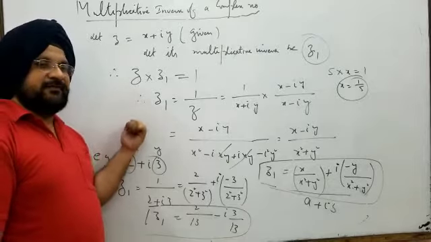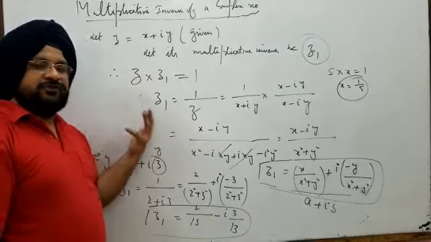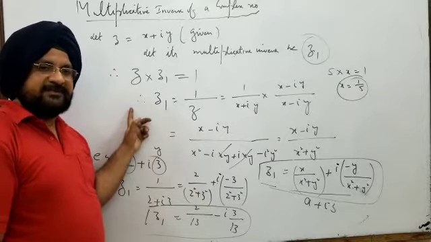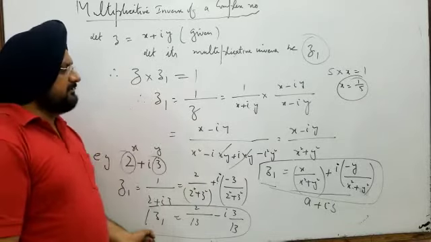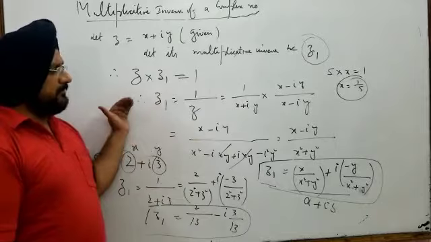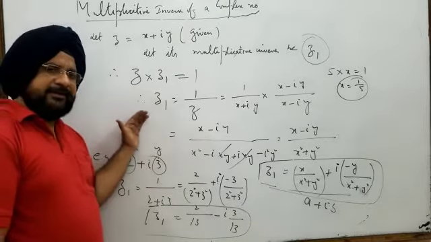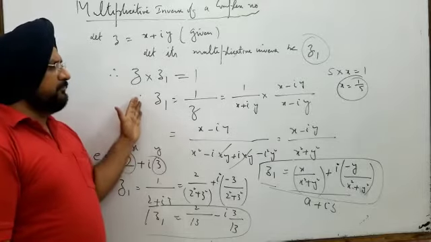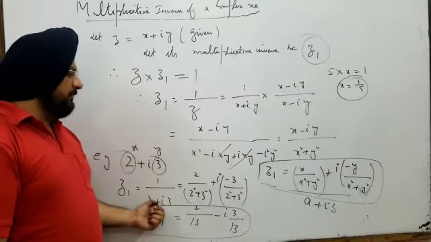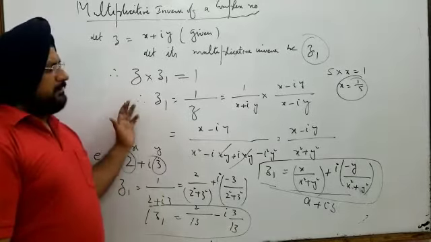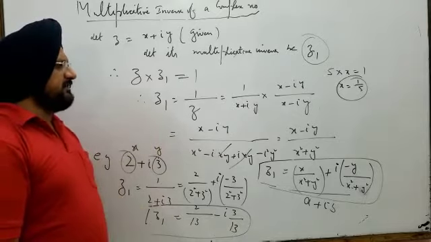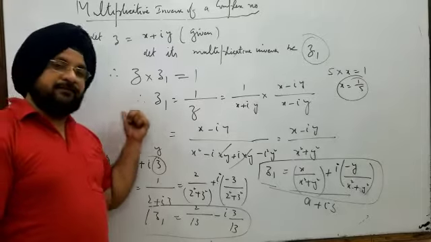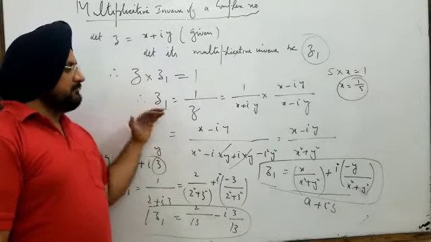In the next lecture we will discuss what is the conjugate of a complex number, what is the magnitude or modulus of a complex number, and subsequent results. So after this, beta, you have an assignment, you have to solve the assignment. In case you face any problem in the assignment, you can send it to me in my personal window. And the next topic we will start in the next lecture is the conjugate and the modulus of a complex number. So thanks.